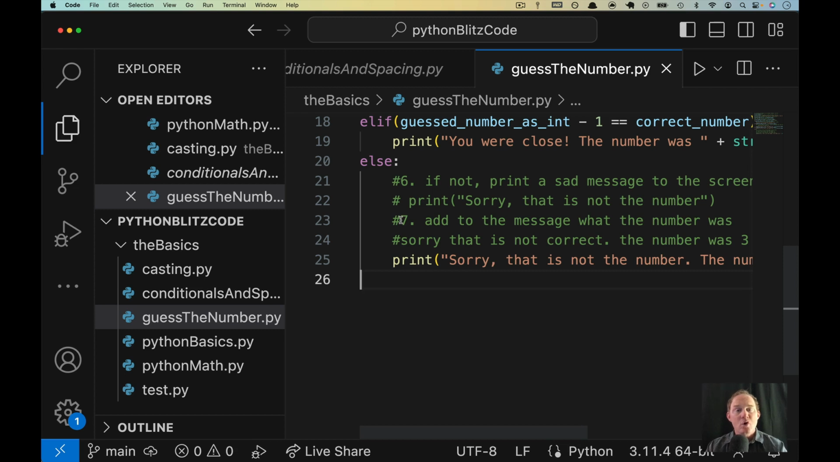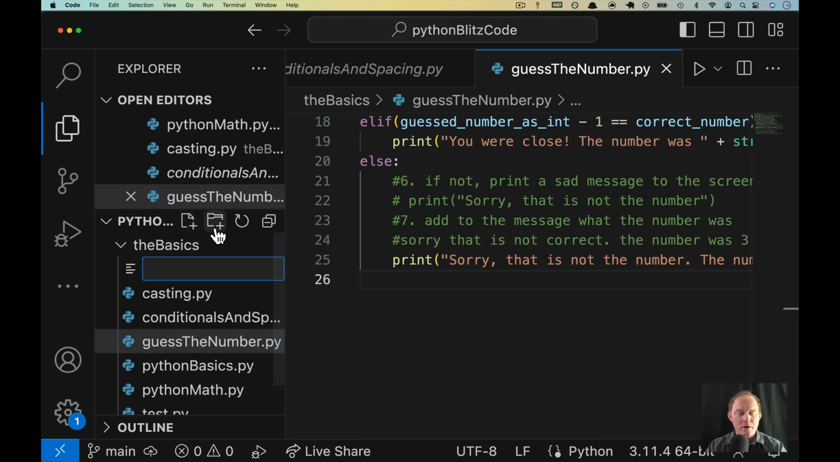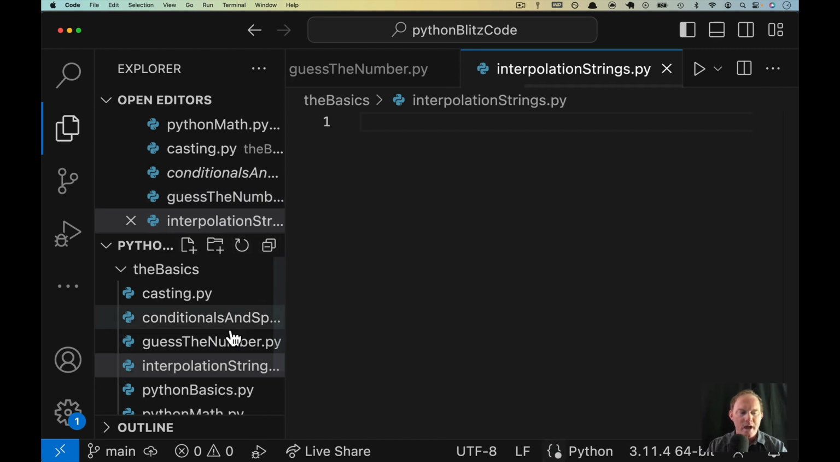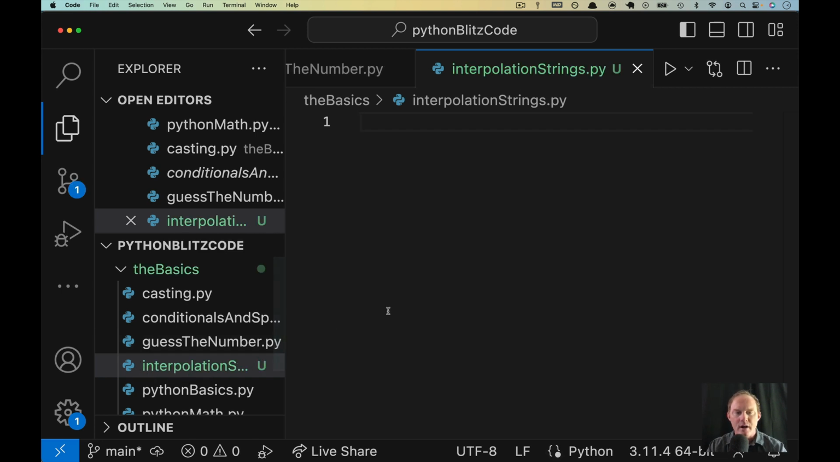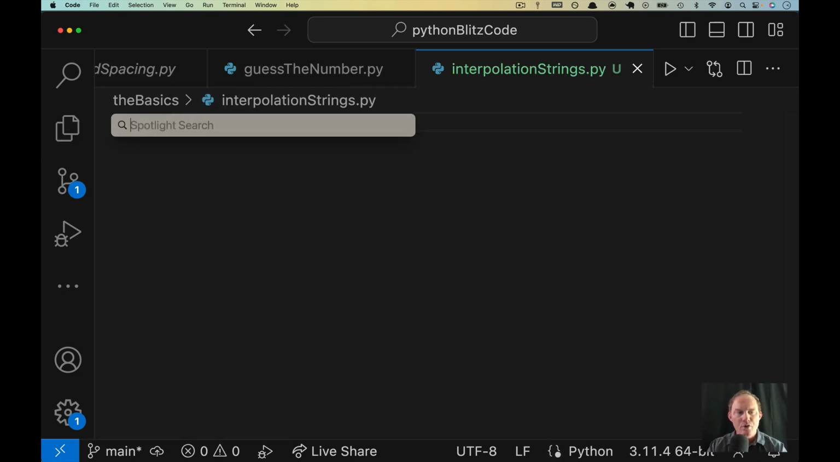This is going to be a fairly quick one. We're going to make a new file and we're going to call it interpolation strings.py. Okay, I'm hoping that I'm putting that scary word in there and it will help you remember it